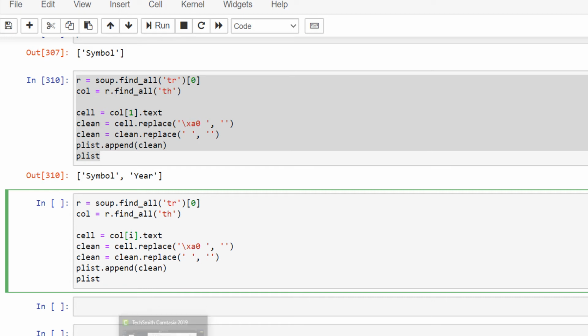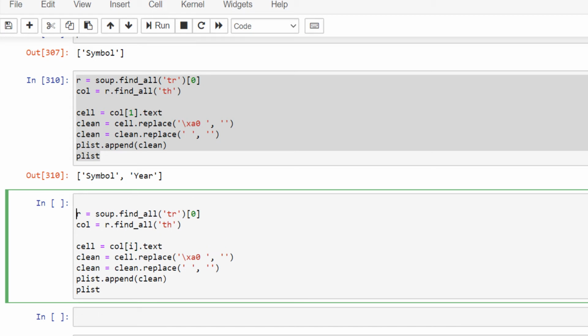Let's call this variable i, and since we have 14 columns, I can use a for loop. So for variable i, and then I'm using a range function, which will start from 0 up to 13.